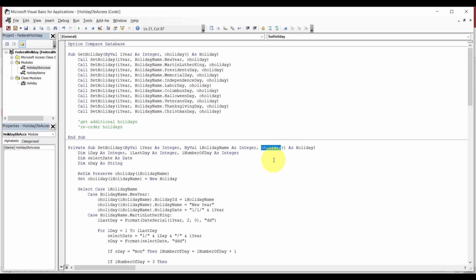Every time we came in here, we set a new one. Well, we're not going to do that. We're going to use the same object. I'm going to show you how. We're going to make it real nice and simple, like that, as new